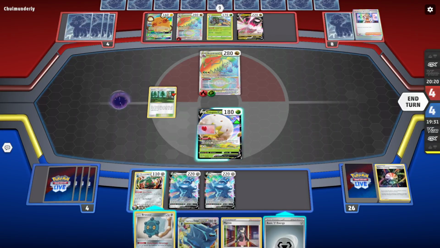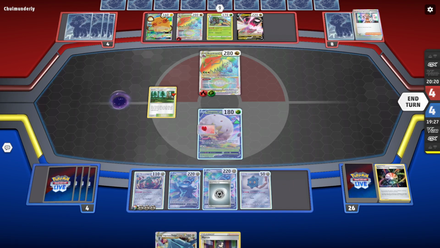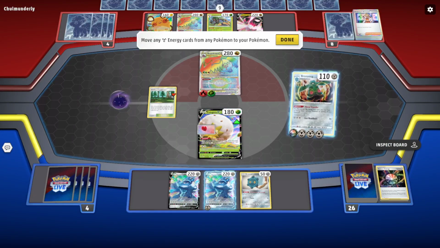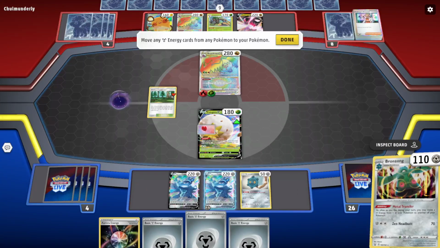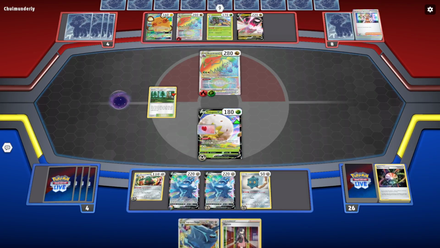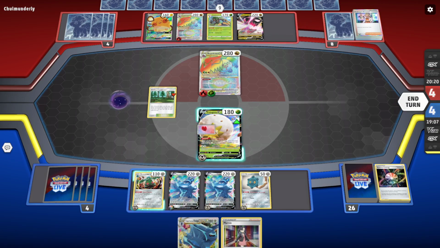So drop another Bronzor. I think that could be useful. I'm actually gonna split the energy between. Honestly, like everything, I think that's fine. We have 1 Aurora Energy in the discard, but we can't do anything with it. Aurora will go on this. I'll put 1 here, 1 here. I think that's 1 on everything, and that's completely fine. Now we just need 1 energy, which is guaranteed off of Viridian. So I'll retreat